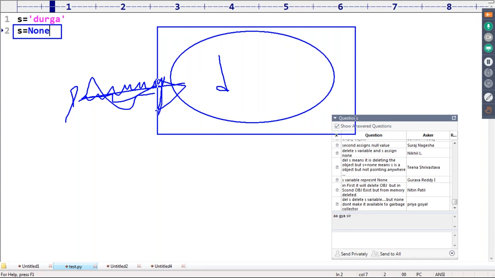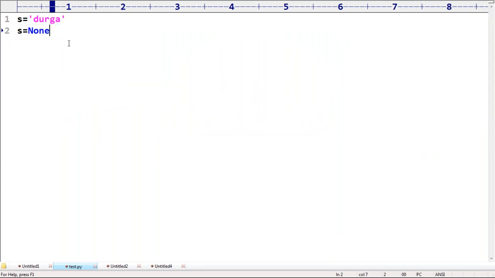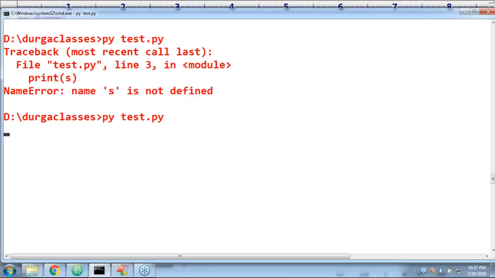Automatically, this object is eligible for garbage collection by the garbage collector. But still, s is there. If you print s, what value? It is not pointing to any object, so simply its value is None. Print of s. Now observe, the value by default you are going to get is None. You are never going to get a NameError.